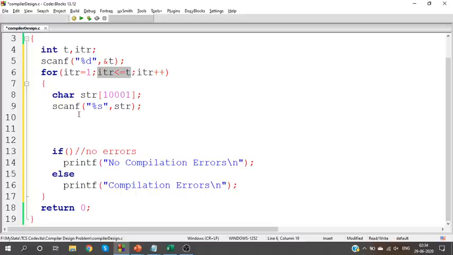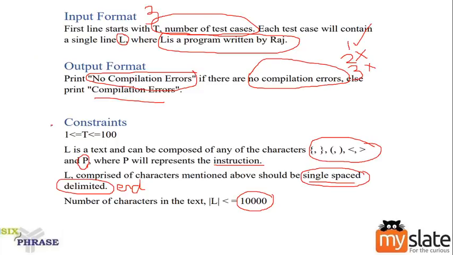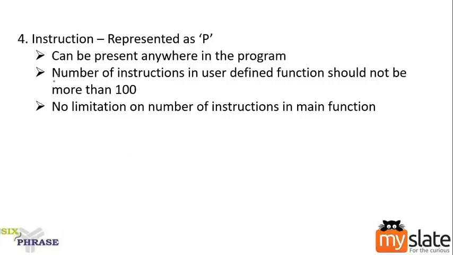Basic. Now we need to decide how I could say whether it is having any error or not having any error. That is the point we are going to focus on next. Okay, so as I said already, to be familiar with that, we should be comfortable with the stack concept, right? So what did we learn in the constraint part? We learned that P will represent the instruction. I'm going to take it along with our notes. We have already written about instruction, so now I'll just add that instruction is represented as P.